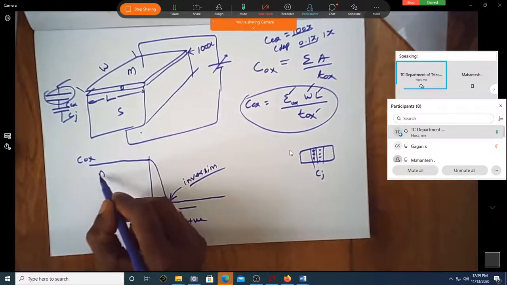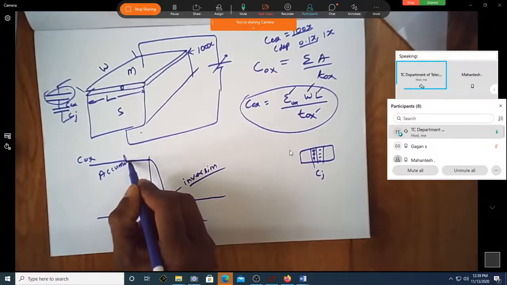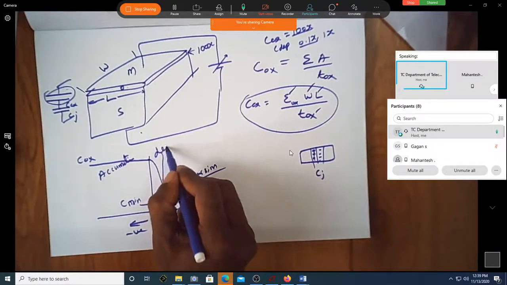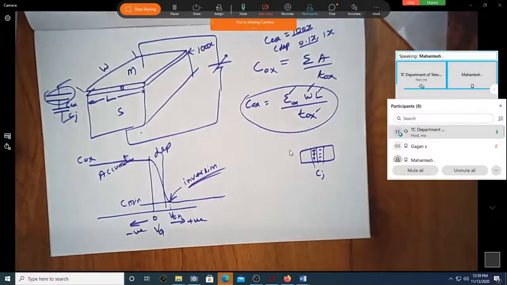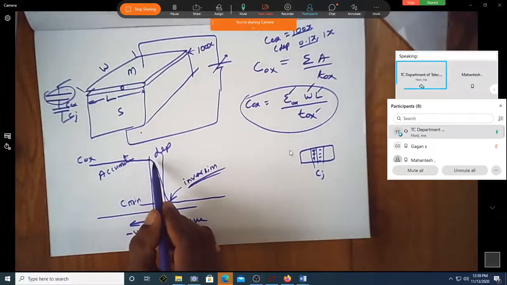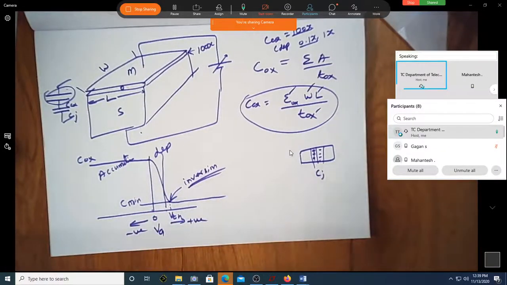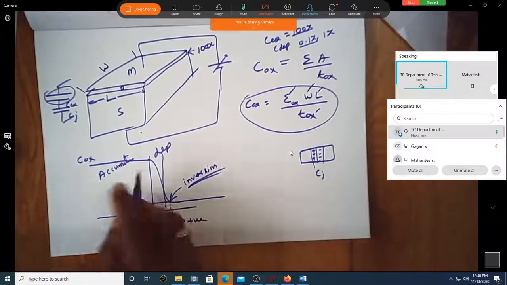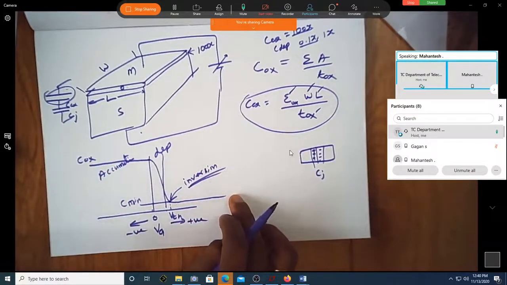So this is the accumulation region. Here it is the depletion region. Here it is the inversion region. Here you can see the separation between accumulation and inversion happens from 0 to VTH. You can see the capacitance keeps reducing because of the depletion capacitance. Depletion capacitance keeps adding up in terms of smaller and smaller values. You will end up with the least capacitance at the end of the depletion region. So this is the CV characteristics of the NMOS capacitor.